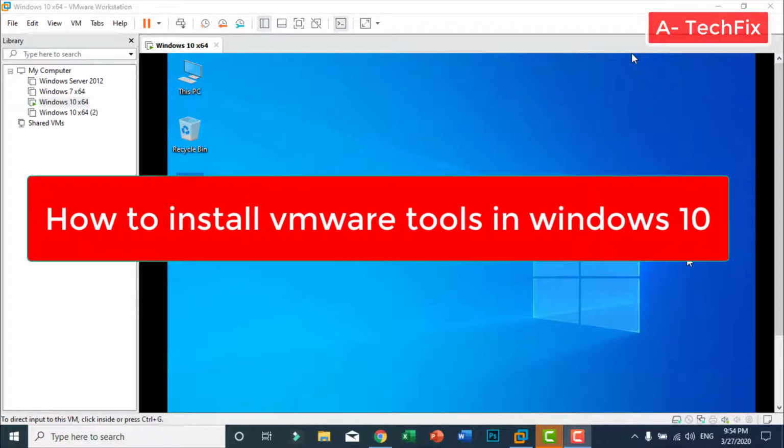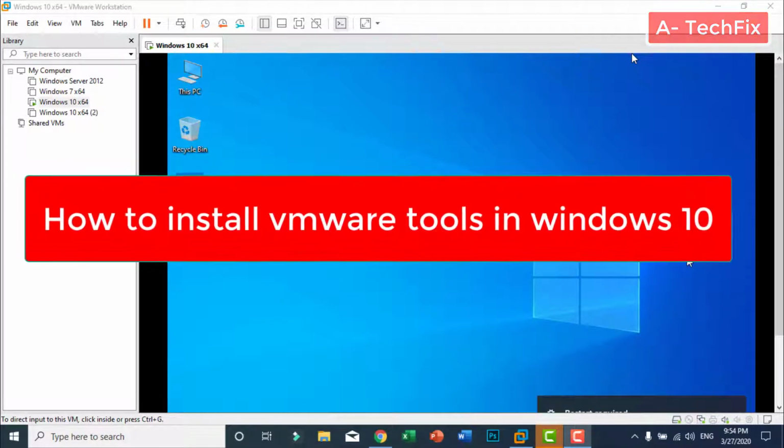Today in this tutorial video I wanna show you how to install VMware tools in Windows 10. Simply, guys, if you want to install VMware tools in Windows 10,